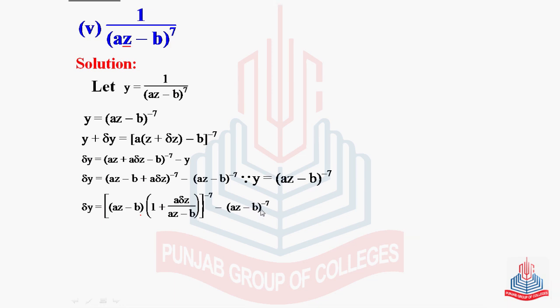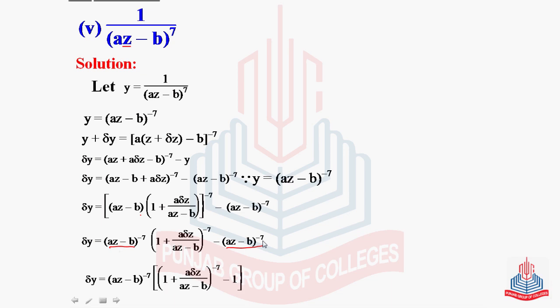And now minus 7 will apply to both of these two terms. So we have delta y is equal to az minus b raised to the power minus 7 and 1 plus a delta z over az minus b raised to the power minus 7, and this thing will remain same. Now we can take az minus b as a common factor. So az minus b raised to the power minus 7, 1 plus a delta z over az minus b raised to the power minus 7 minus 1. Now we will open this thing with the help of binomial series,